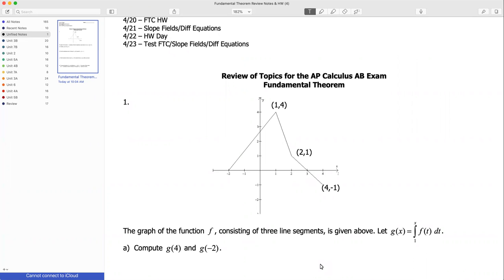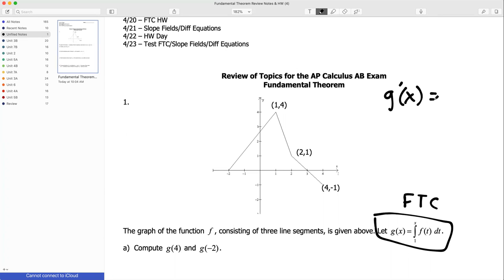So this is the graph of the function f, consisting of 3 line segments, given above. Let g of x be equal to the integral from 1 to x of f of t dt. Whenever you see this notation, a function equal to the integral from, in this case, 1 to x, with a different variable in the integrand, this signals that it's the fundamental theorem. And so you are expected to write